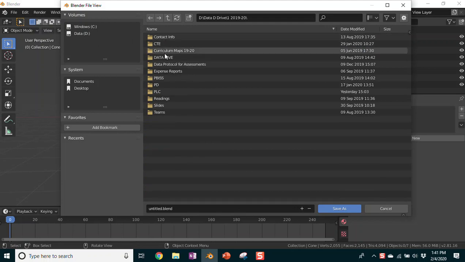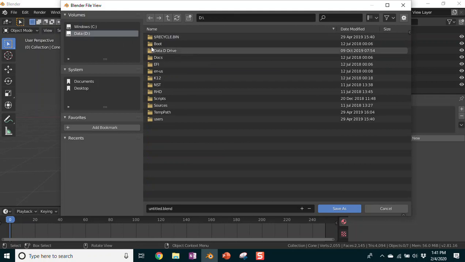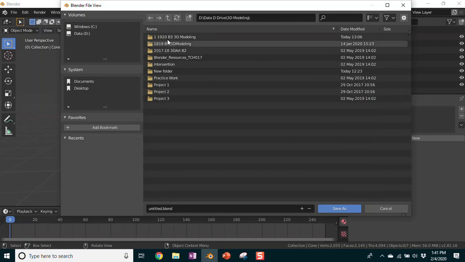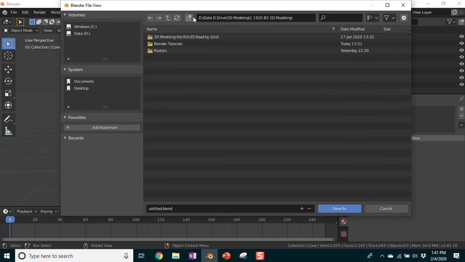I'm going into 1920. I am going into, I'm not going into exactly what I thought I was going into. Oh, not 1920. I'm going into 3D modeling, this class right here, and I'm going to create a new directory, it says. I hope that means a new folder. Yep. And I'm going to just call this one my work and hit enter. And I'll double click on that to open it up. So this shows me exactly where it's located on my computer, and this is where I'll save all my stuff